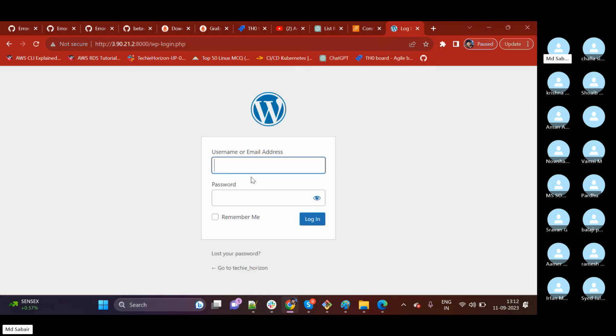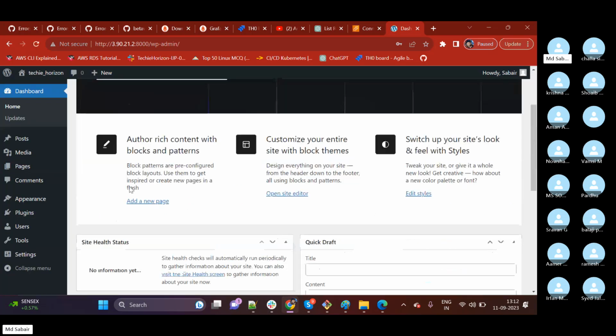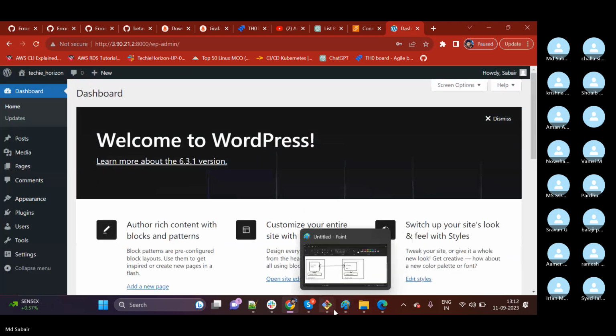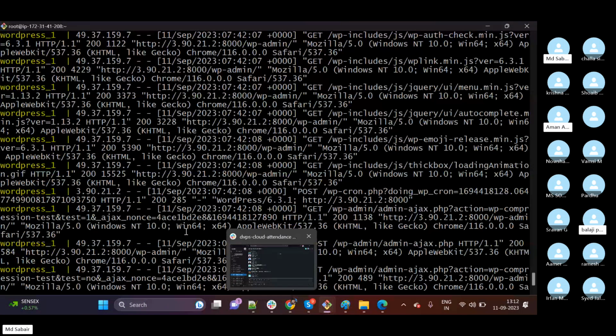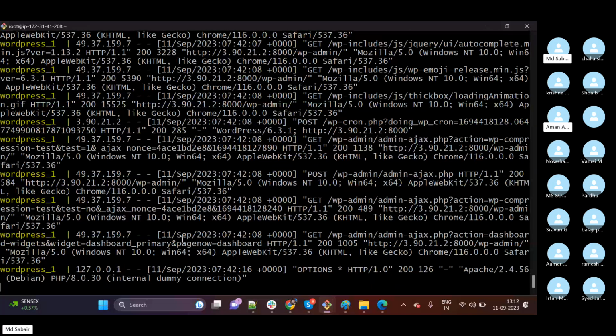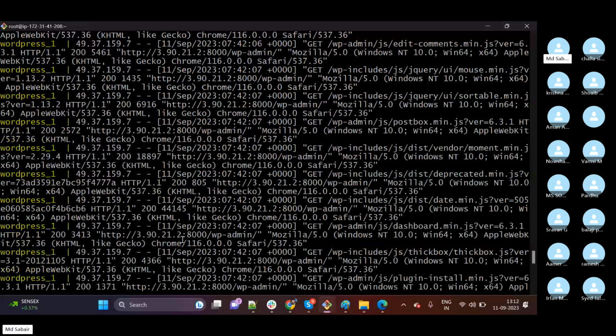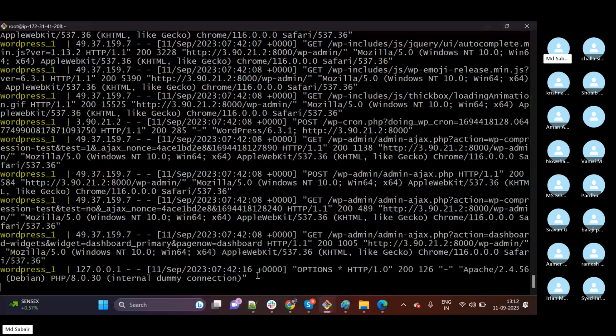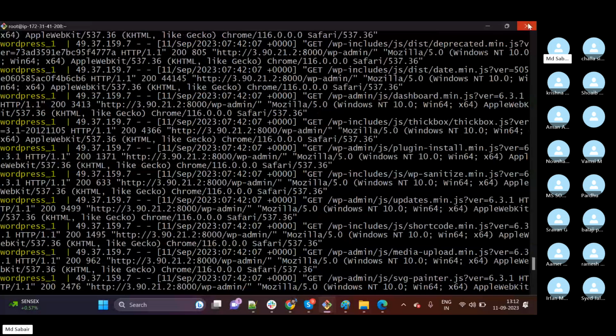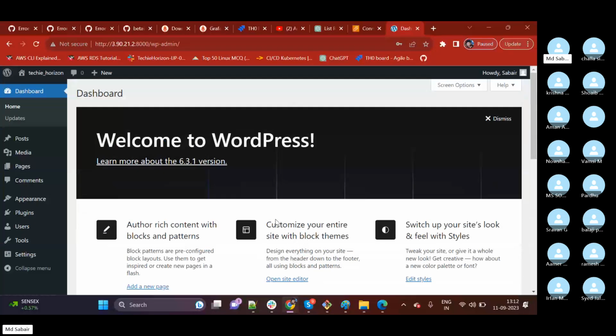Okay, try to log in. Username is Saber, and then devops123. And if I hit enter, then we can see our application is up and running. Yes or no? See, we are able to get in. The backend is MySQL, and the front end is our WordPress application, that is a PHP application, and these are the logs related to my application because I haven't executed my application in detached mode, meaning not in the background. I have used it in the